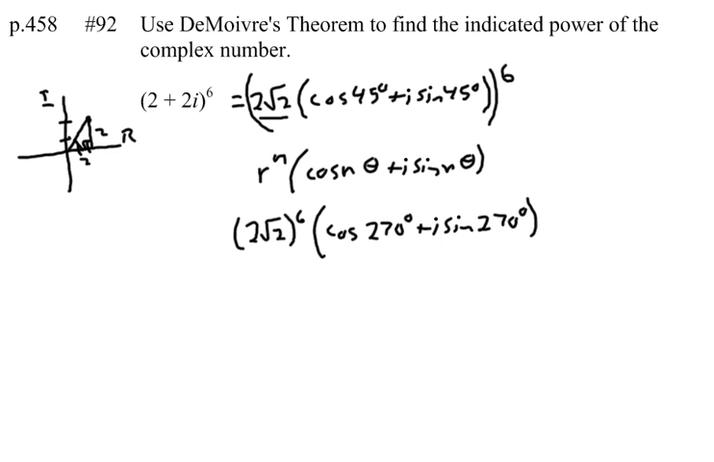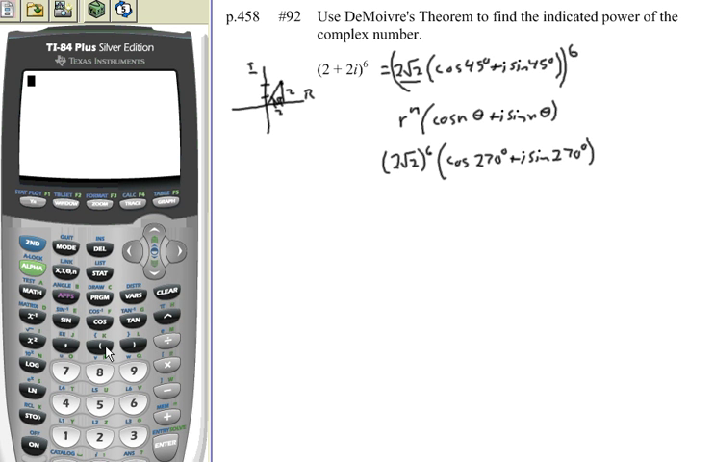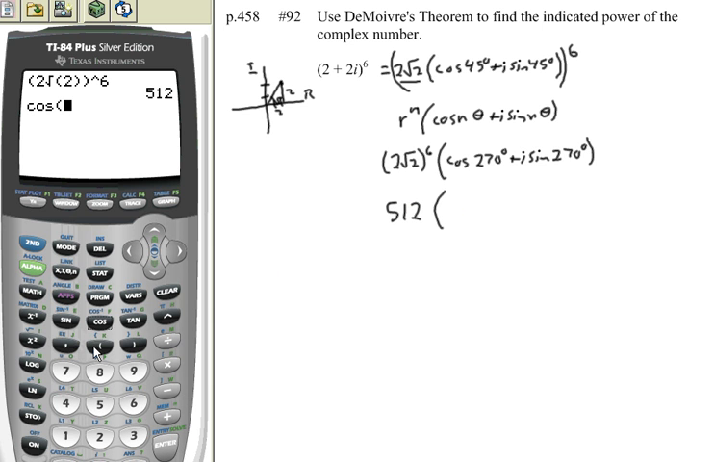Okay, let's let our calculator do some of the work for us. 2 square root of 2. Let's put that in parentheses. Find 2 times the square root of 2, and let's take that whole thing to the 6th power. So 2 times the square root of 2 to the 6th power is equal to 512, times the cosine of 270 degrees